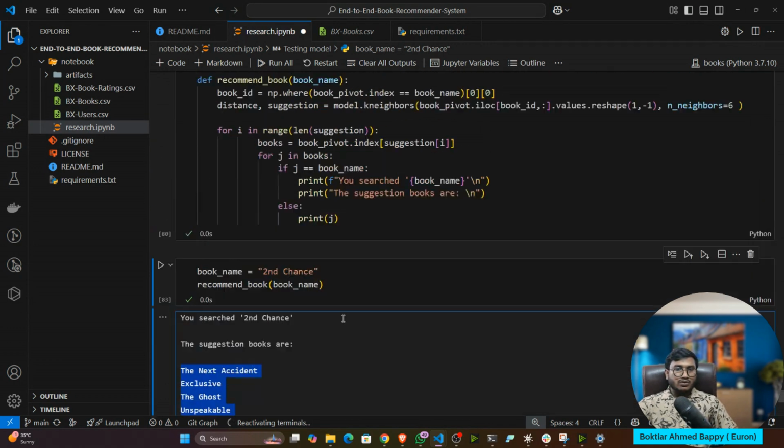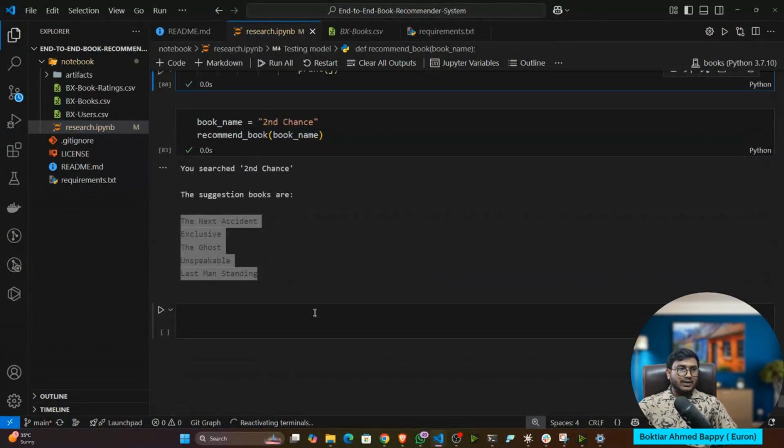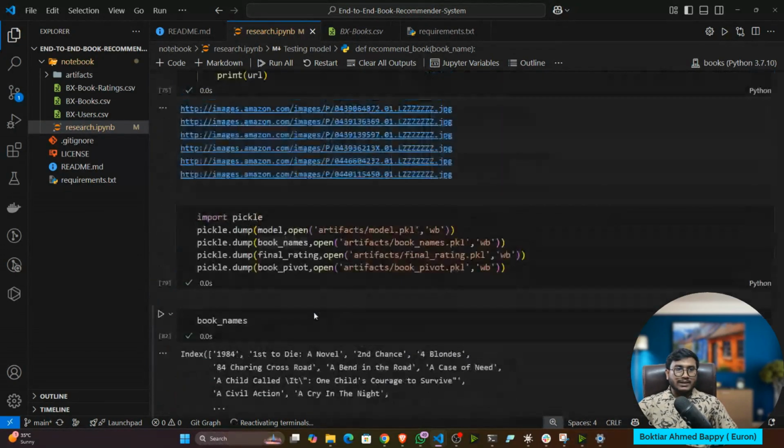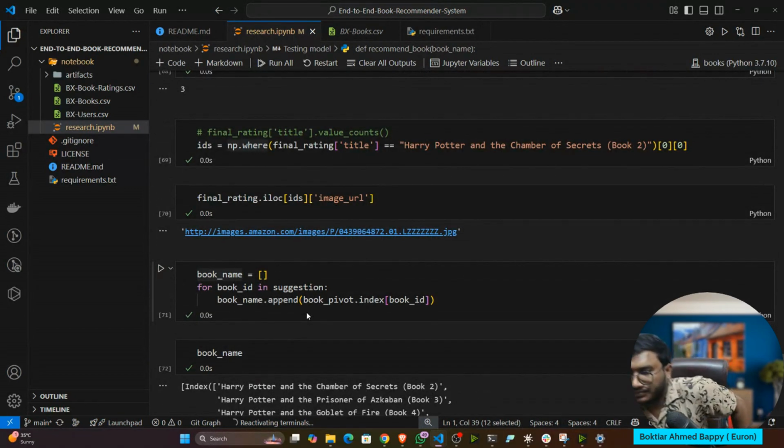Now this is the Jupyter notebook implementation, guys. This is our experiment, and now we saw that this experiment is working fine. Now we'll try to build the pipeline, and we'll also build the web application of our entire project. So till here, guys, everything is clear. Let me know how we have built the entire collaborative filtering system. Let me know.